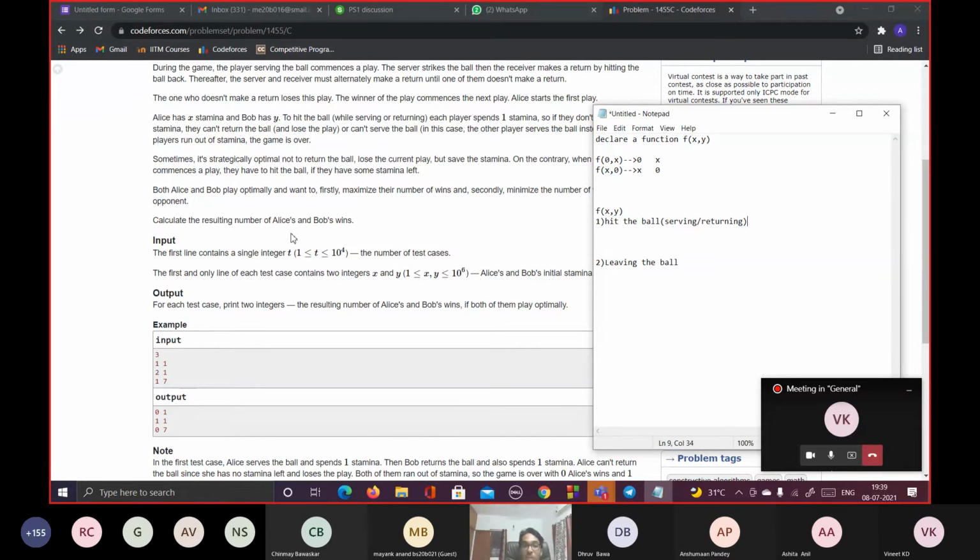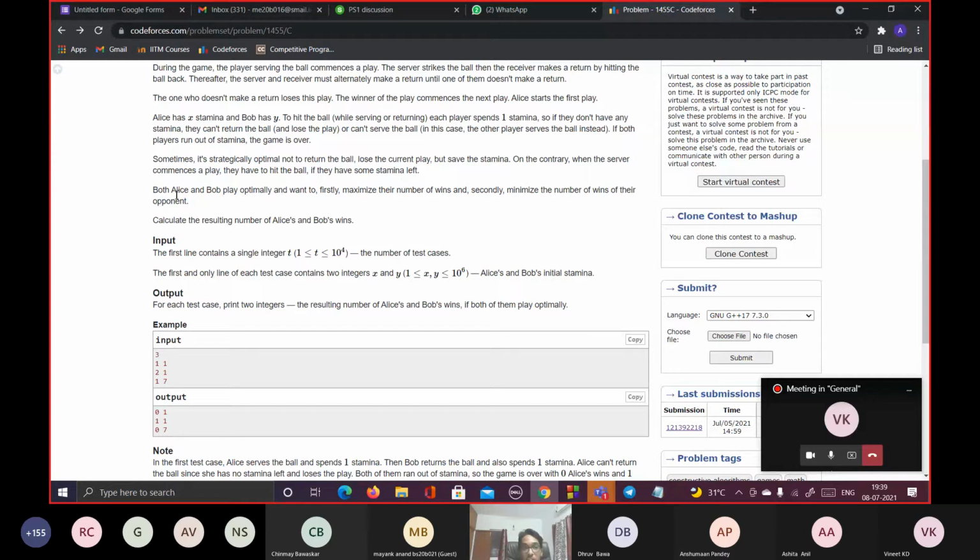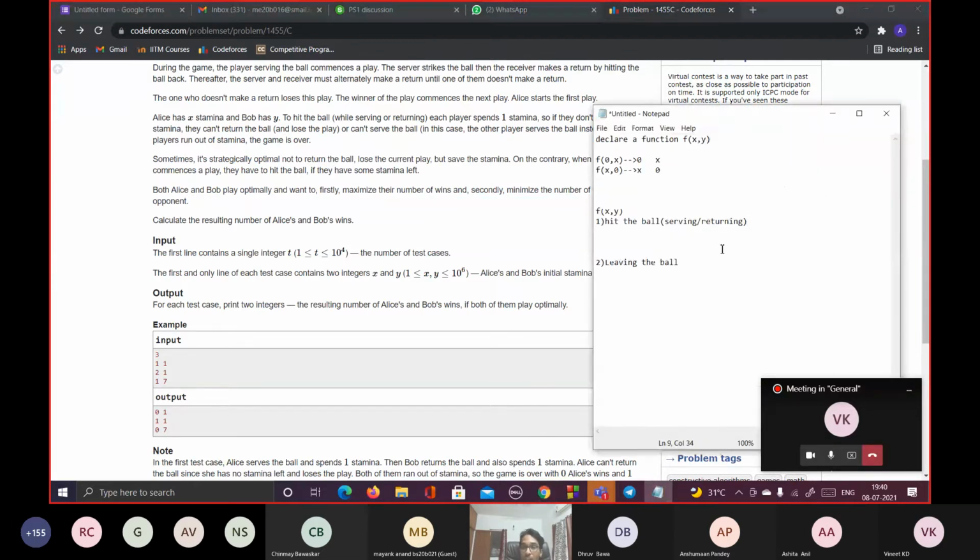But if you see the optimal condition case here, both Alice and Bob play optimally. And firstly, they want to maximize their number of wins. So he's more concerned about his own victory rather than the other person's outcome. So most likely he may have to serve or return the ball, but we'll see which is more favorable for him in the given condition.